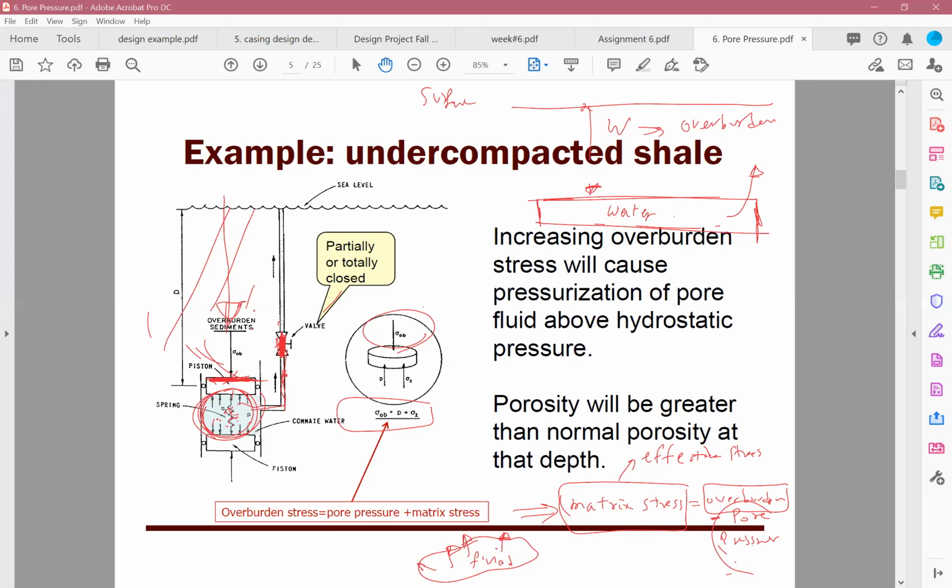Okay, so your pore pressure increases, right? Because the water cannot escape to anywhere else, and some pressure is being applied to it, right? So the water pressure increases, right? Now,